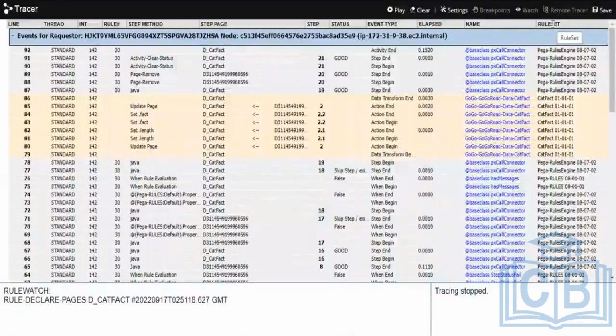Now you see here, we are tracing it every time. You remember this thing blindly, everyone. For Connect REST, the request and response will be present on it. There is one page remove. That page is there, right? On step number 89, there is one page remove and there is one page write.